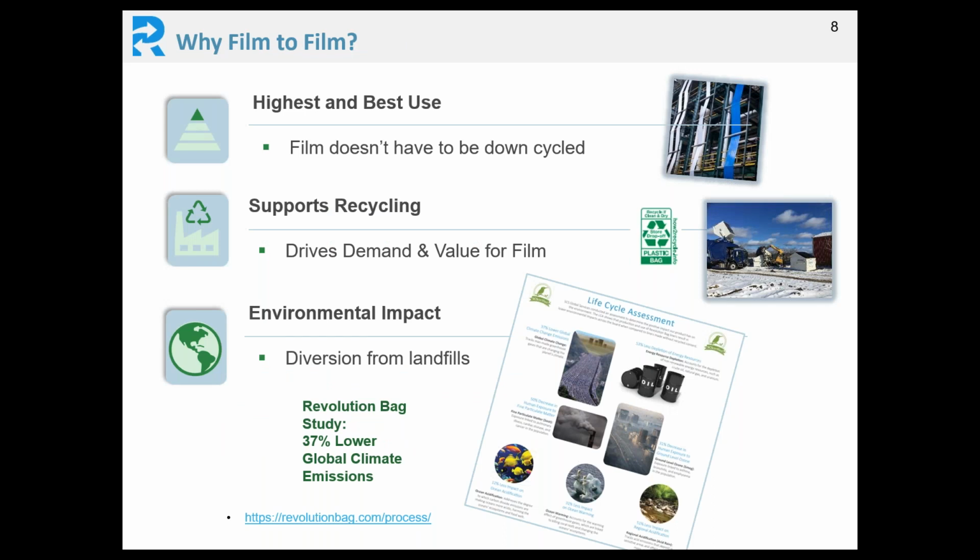Our focus again has continually been on how do we meet the needs of the growers? How do we then recycle it and be part of the solution in picking up that material? And then, as we've been talking about, how do we turn that into new products?